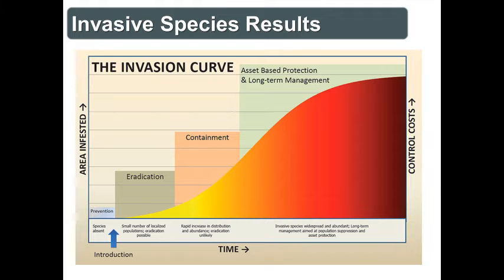And just a couple more slides here. I think it's important that we keep in mind how invasions typically progress and what the costs are to land managers. So on the x-axis here, we have time with introductions occurring here, and then as the populations expand, obviously the area invested increases, and then the associated costs with those, either controlling those infestations or the impacts associated with them, increase through time as well. And then these bars are showing what sort of management strategies are most appropriate at these different stages. Obviously, prevention prior to introduction is really important.